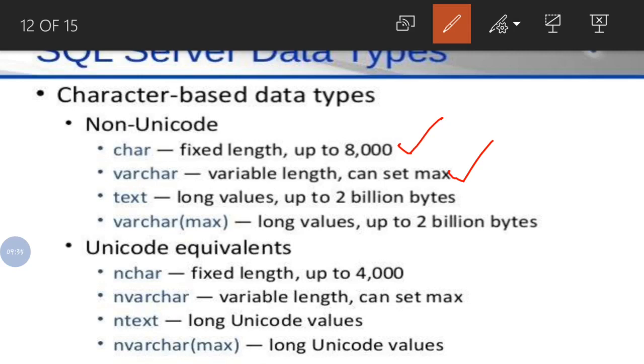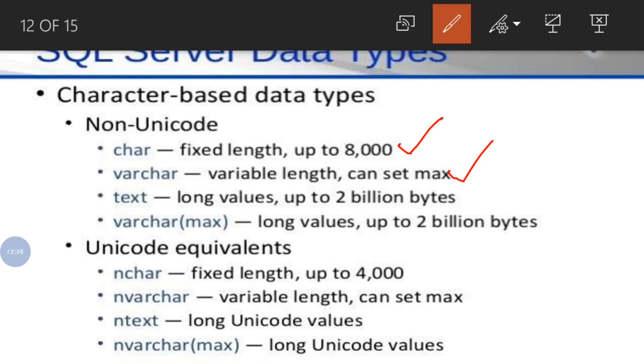But in varchar, it will store whatever data we have given. However many characters you have given, that much storage area will be occupied, and the remaining will be used for the next purpose. But in char, whether you give the entire 50 or just 10, it will occupy the 50 only. It will not change its length. Whatever is fixed, it will take the same length. So that is the difference between char and varchar.